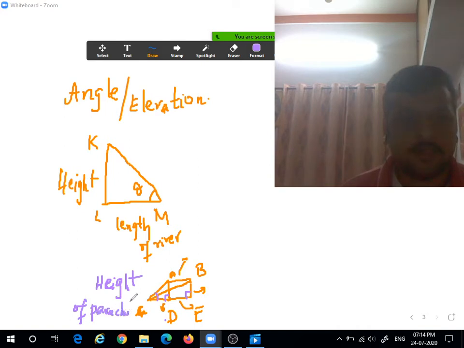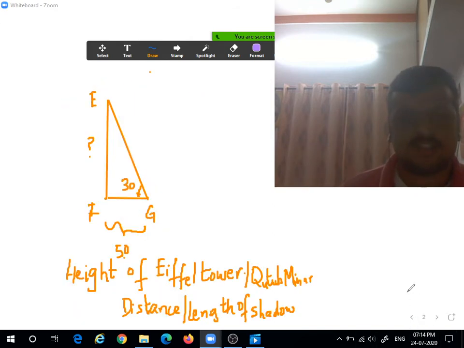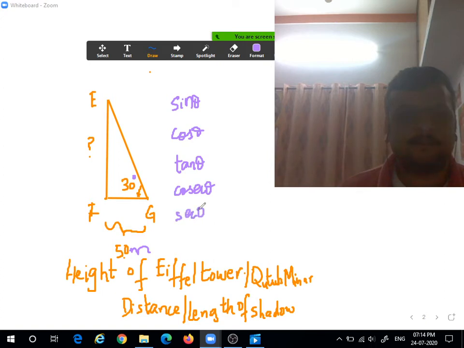Now we'll get into some of the important relations. I'll take the simplest example which I gave initially. Suppose we have to find the height of the Eiffel Tower. We'll take this length itself and try to solve this. This is 50 meters and this is 30 degrees, and we have to find the height of the hypotenuse. How do we find it? We have 6 trigonometric relations: sine theta, cos theta, tan theta, cosecant theta, secant theta, and